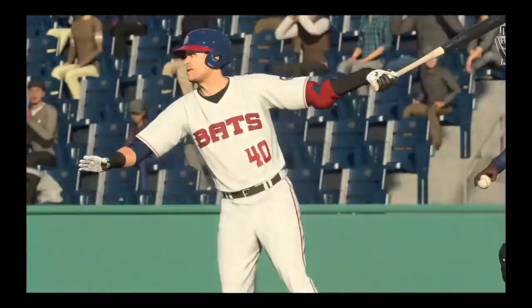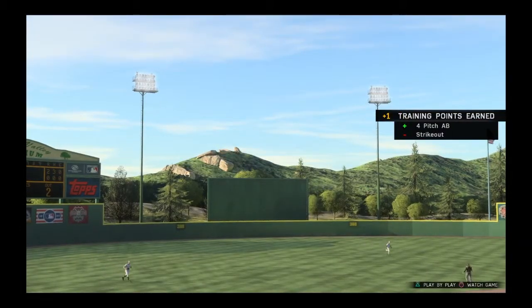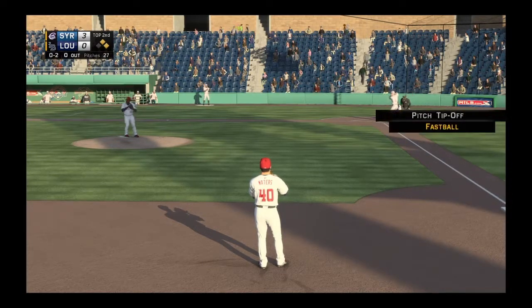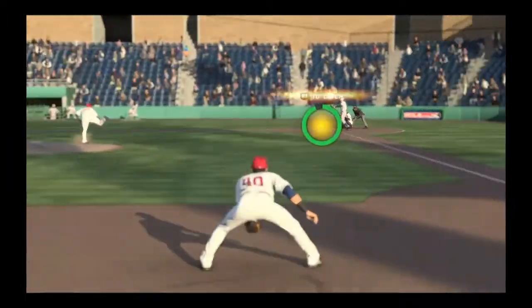Got him swinging, and that will end the inning. So they go quietly here in this half inning. On now to the top half of inning number 2. Elmer Colon will try again here. He doubled to kick off the ball game and later came around to score the game's first run. It's always big when you get your leadoff guy on to start a game like that, because that just wakes up